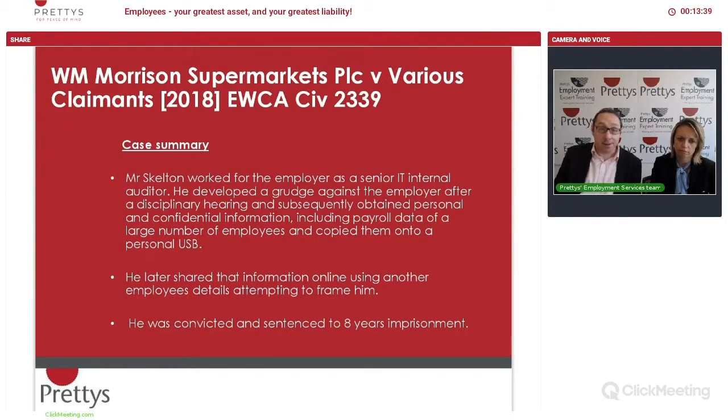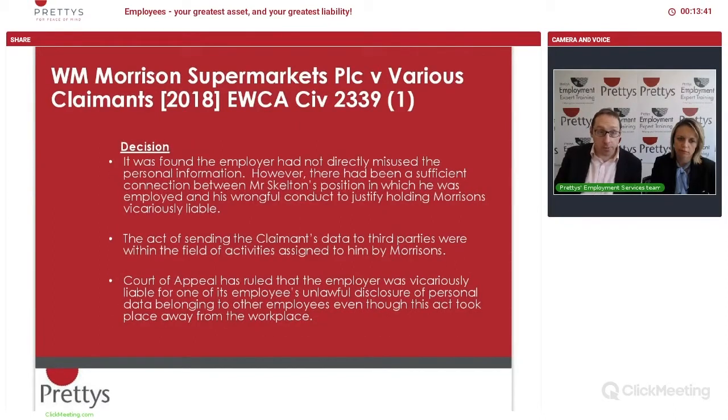So on one analysis, that's the end of the story. It wasn't the end of the story, because what then happened was that the employees, and there were several thousand employees who were affected by the data breach, sought to find that Morrison's were liable for that breach, and therefore Morrison should compensate. Went to the High Court, and what the court found was that actually Morrison's were not